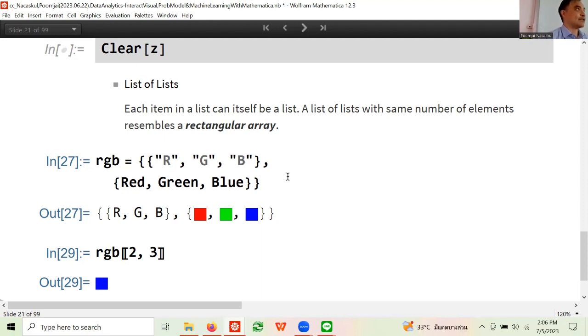Sometimes it's called a tensor. Tensor is a word we take from physics. Actually, tensor means more than this, but in data science, something like this they call a tensor. That's why in machine learning there's the TensorFlow library, because it works with image processing a lot.